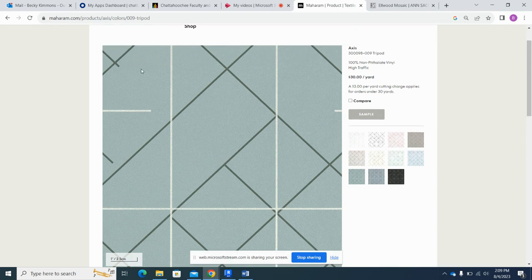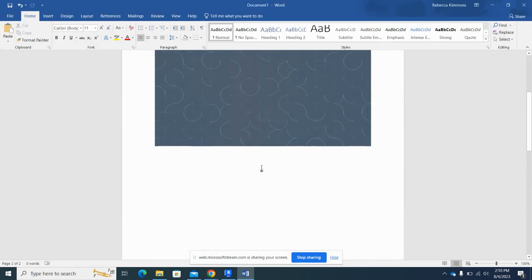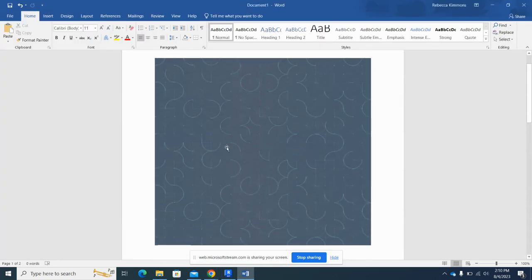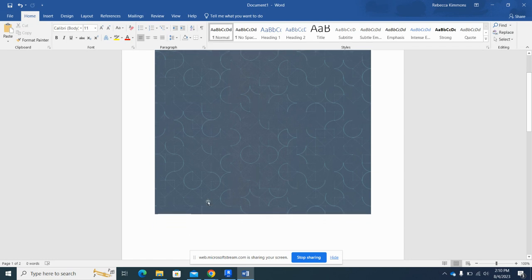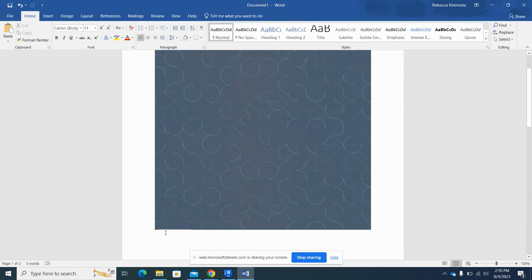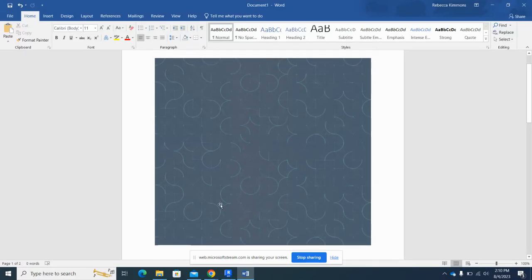So you're going to get the image. Again, you want it a square or a rectangle as you go through. If you can get a square, that's the easiest. So I just clipped the image and pasted it on here so I have it to work with. And I'll show you, I did accidentally, I can see now, get a little bit of that white in the bottom. So make sure you have it nice and clean as you go through,